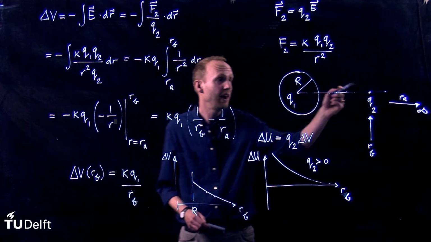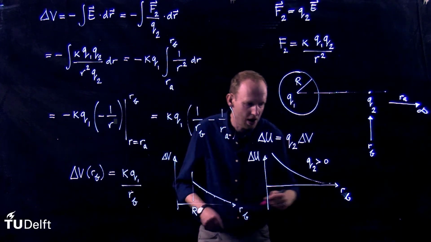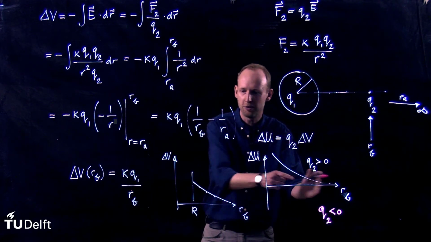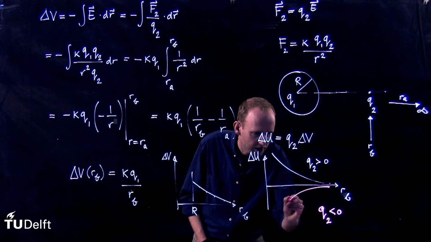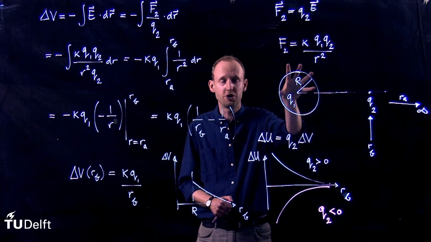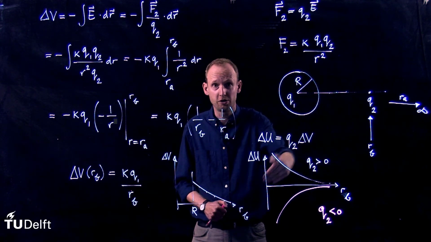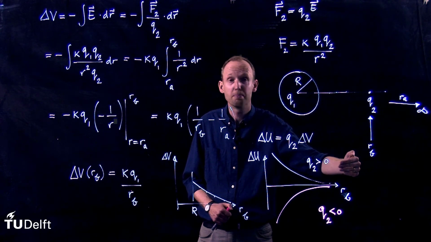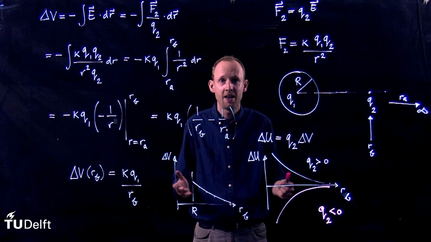But now imagine that we make this point charge negative. For example, an electron that approaches the nucleus of an atom, which is itself positively charged. So now we have the situation where Q2 is negative. Then we see that we have to multiply this potential, which is always positive, by a negative number, and I get a curve that looks like this. So now we see that if a negative charge approaches the positively charged sphere, it experiences a potential energy which goes down, and therefore it is attracted towards the nucleus. Whereas when a positive charge approaches it, it experiences a potential energy that goes up, and therefore it is repelled by the sphere. And that concludes this example.